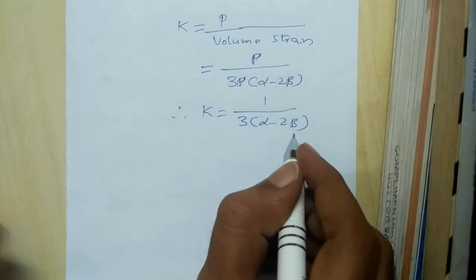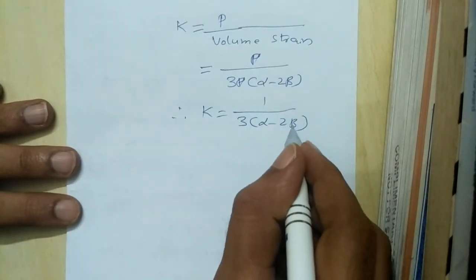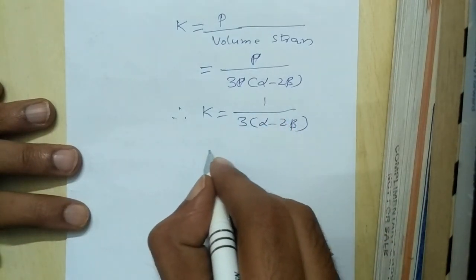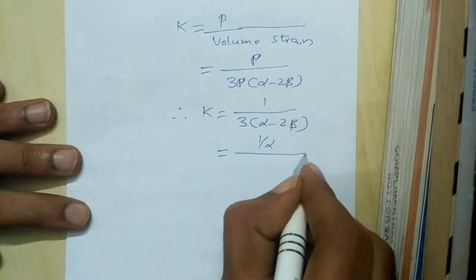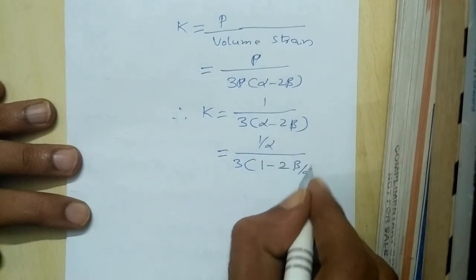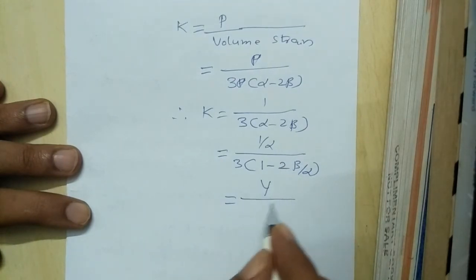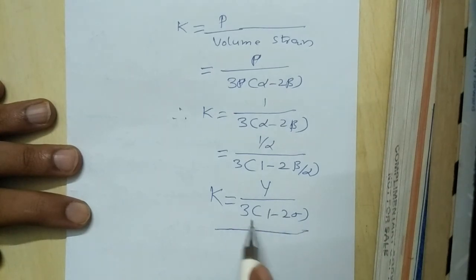Okay, so now we have to relate K and sigma, right? We know that beta by alpha is sigma. So K is equal to, you just divide every term by alpha, 1 by alpha divided by 3 into alpha by alpha, which is 1, minus 2 beta by alpha. So that's equal to 1 by alpha, which is the Young's modulus Y, divided by 3 into 1 minus 2 sigma. So that's equal to K. So this is how K is related to Y, the Young's modulus, and sigma.